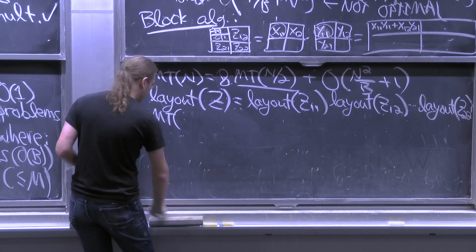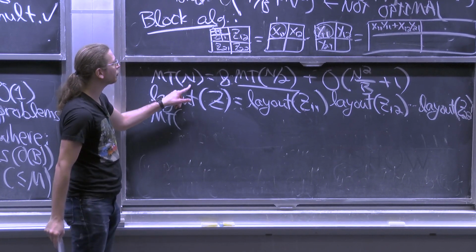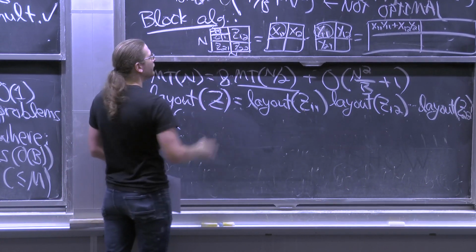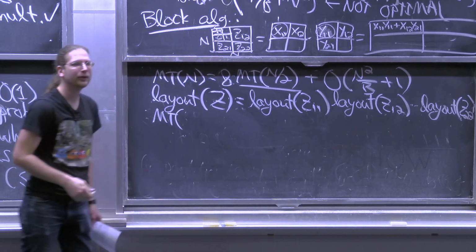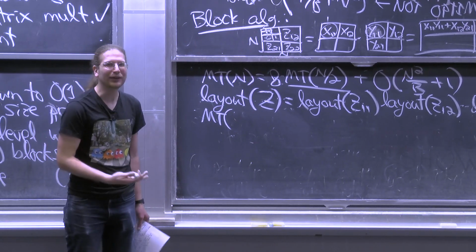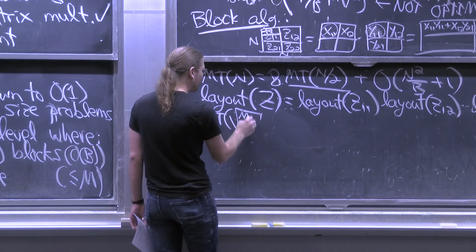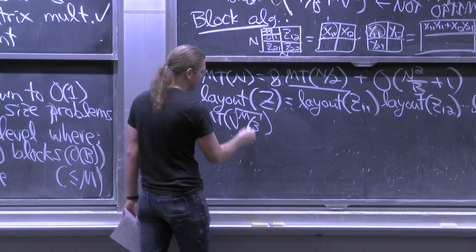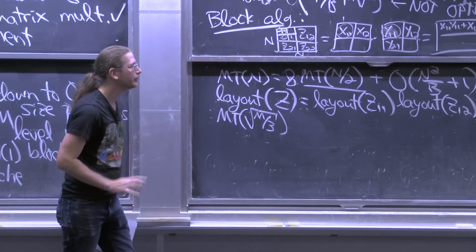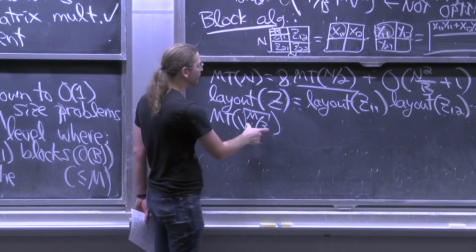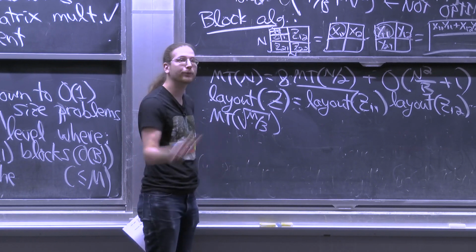Got to be a little careful. Because n here is actually just one side length. This is an n by n matrix. So the total size here is n squared. Actually, the total size is 3n squared. So this is going to be square root of M over 3. Some constant times square root of M. Okay? It actually doesn't matter what the constant is. But this is the value of n for which all 3 matrices will fit